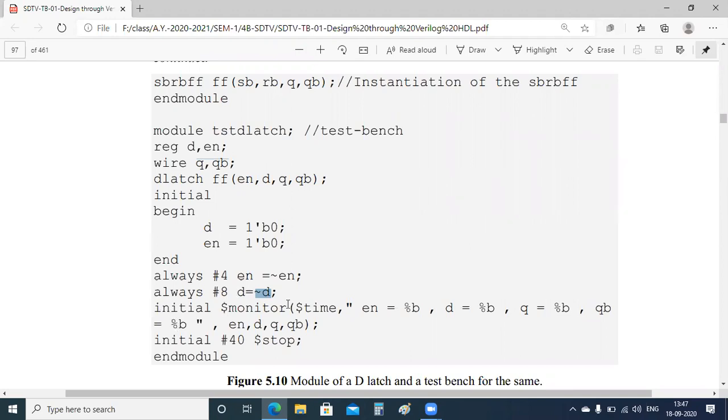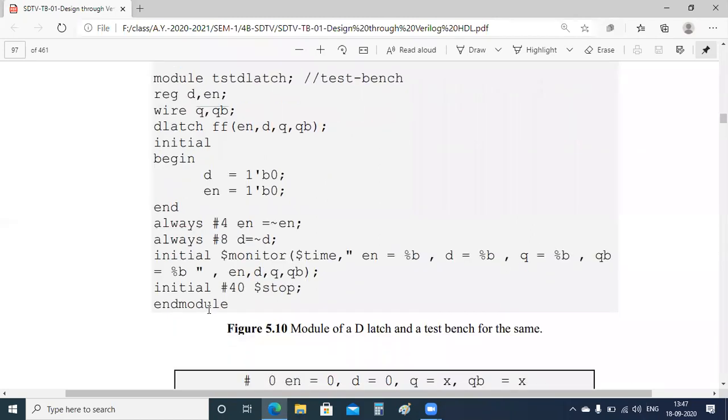So we are monitoring. D here is only one bit, enable is also one bit. What we want to understand here is that we are running the value of D as 0 and enable for 4 seconds.